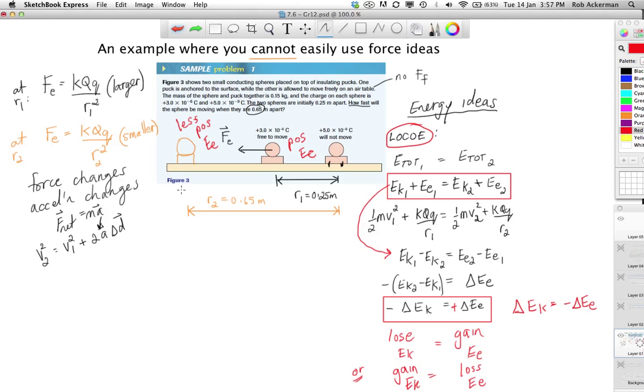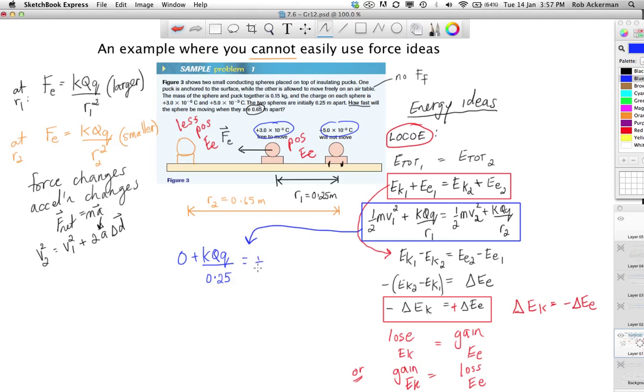So now let's finally do the calculation. I'll highlight this in blue so you can keep track of where everything's going. Here's the actual calculation. Remember, a half m v1 squared was 0. K, the first Q, which doesn't matter which is which, the second Q, which is this one, divided by R1, which is going to be the 0.25 meters,